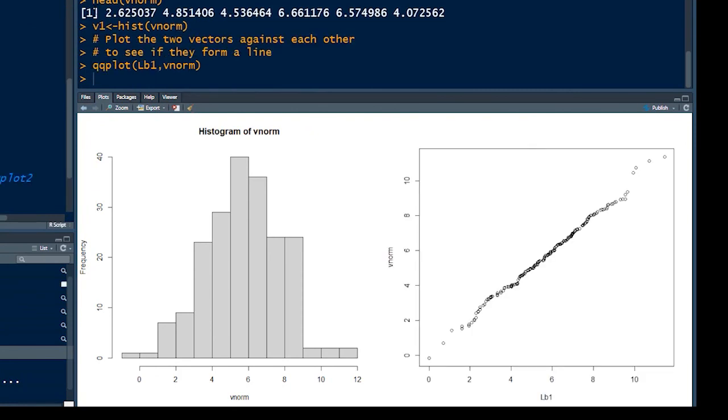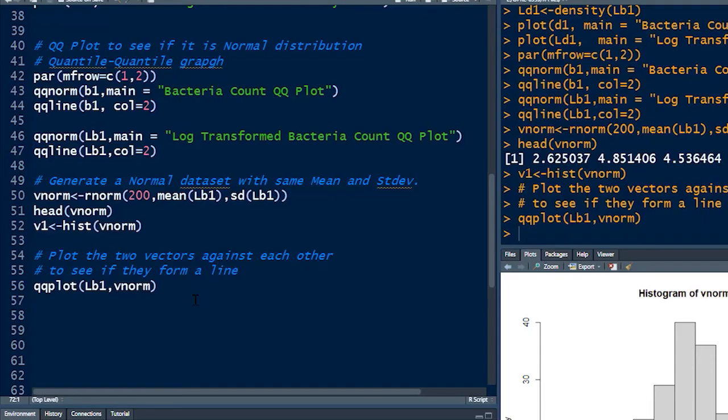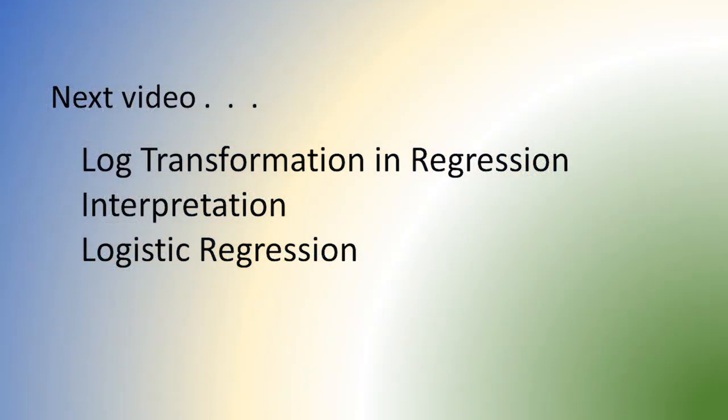Run it, and there we are. Now, if you think your data is exponentially distributed, you can use qqplot, put in your data set, and generate one exponential distribution with the same parameters. If you think it's a binomial distribution, do the same thing. So it's a nice way to check out what you think it is. And this is it for my video today.